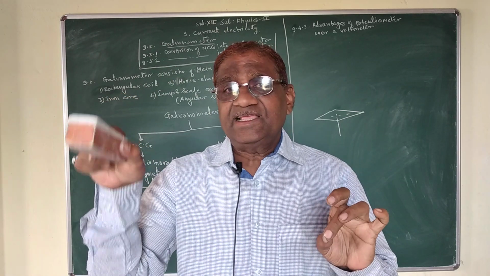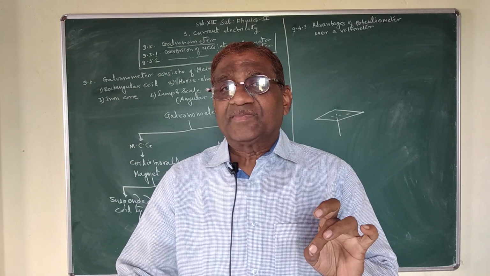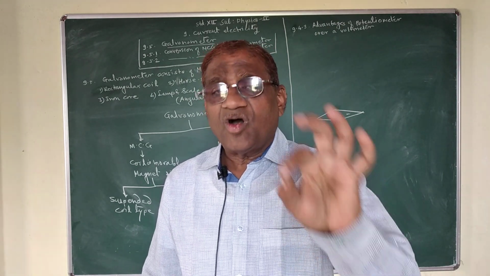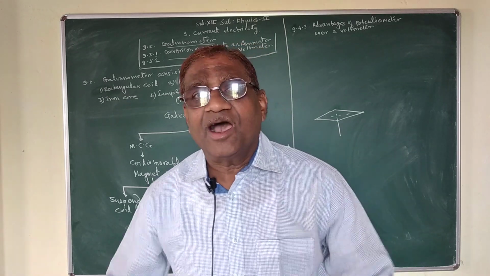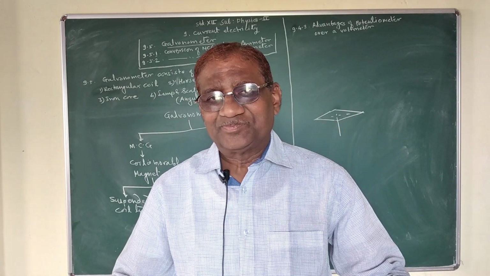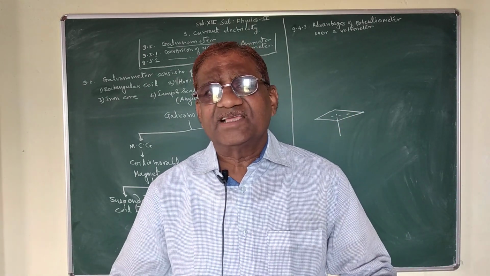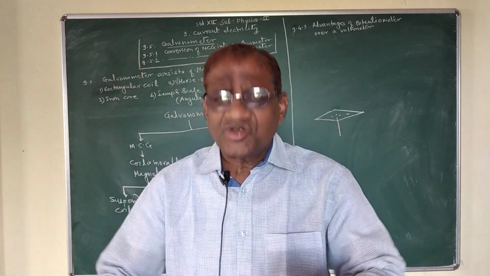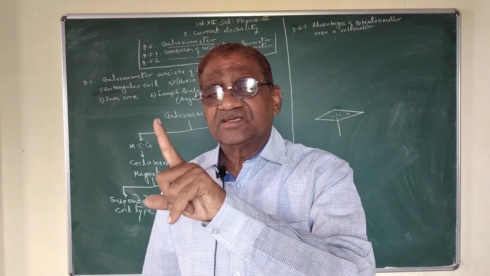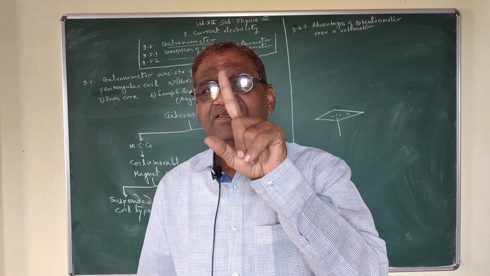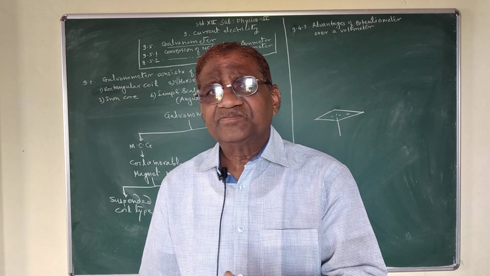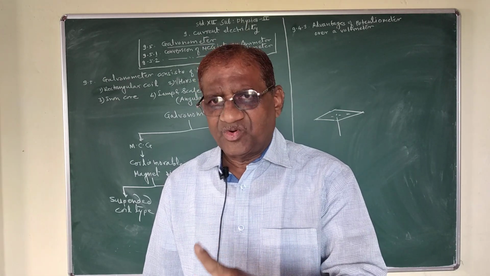This deflection in the galvanometer may increase or decrease, depending upon the flow of electric current through this galvanometer or the applied potential difference across it. It means that this deflection depends upon two quantities, electric current and potential difference, so this instrument we can use for the measurement of electric current as well as potential difference. That is, we can use this instrument as an ammeter as well as a voltmeter.